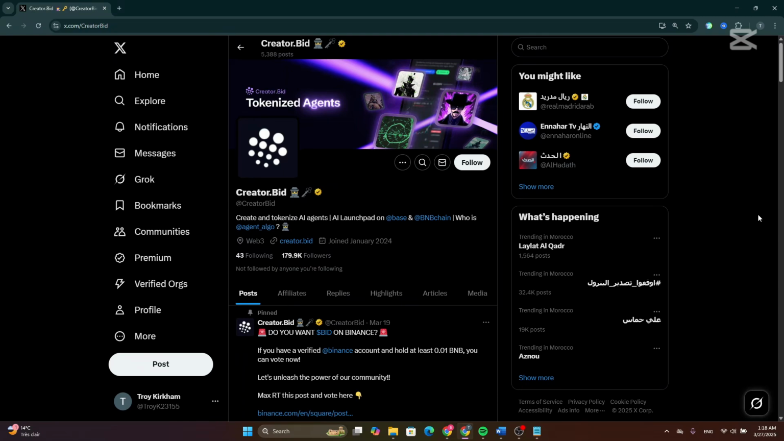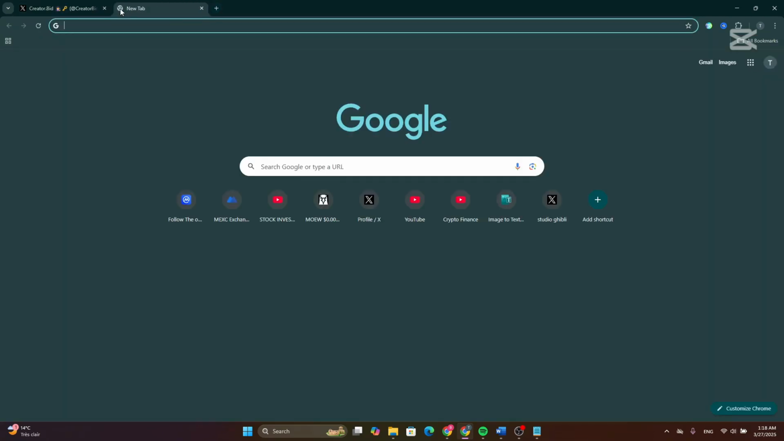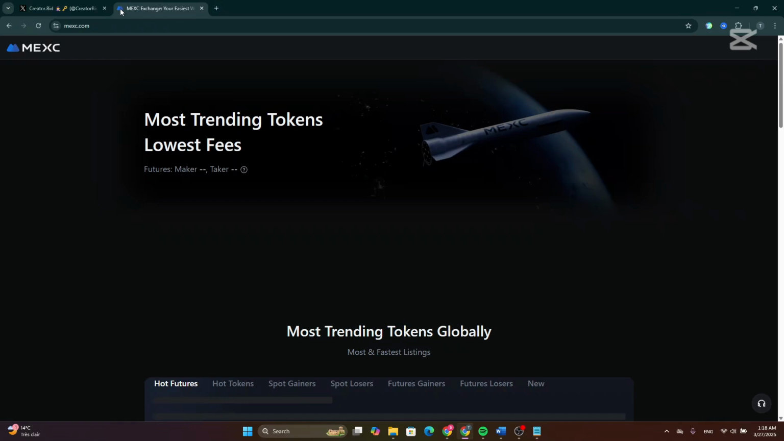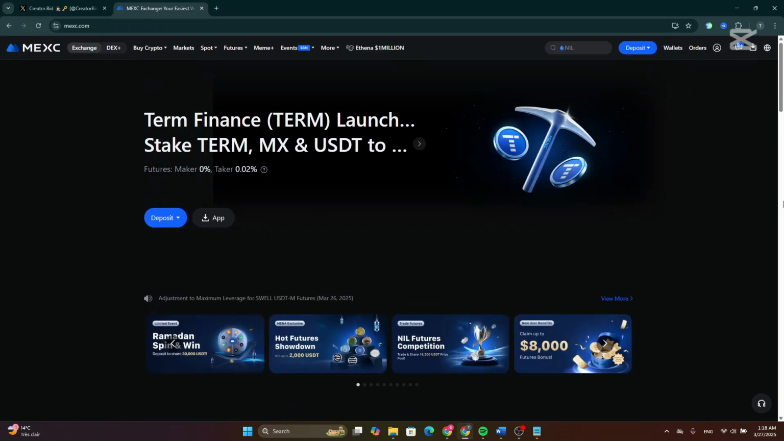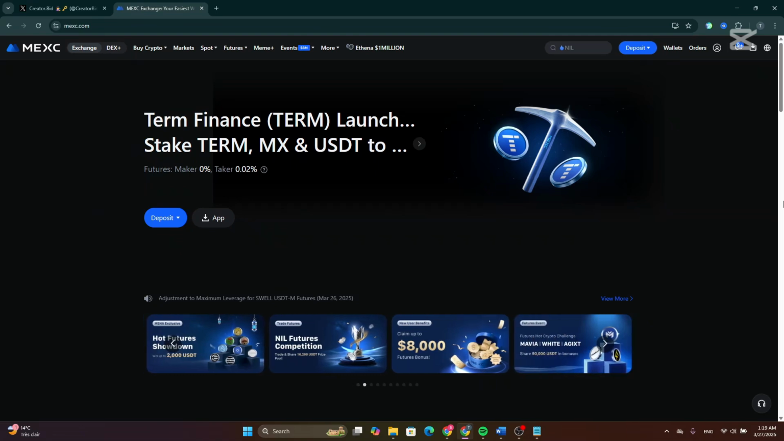Now, as you can see, before going on to buy this token, make sure to check the referral account and keep following the updates about this token. Now, this token is available on MEXC. So go and open your MEXC account. Now, if you don't have an account in MEXC, go down in the description and you will be able to find the referral link to create an account in MEXC under it to benefit from rewards